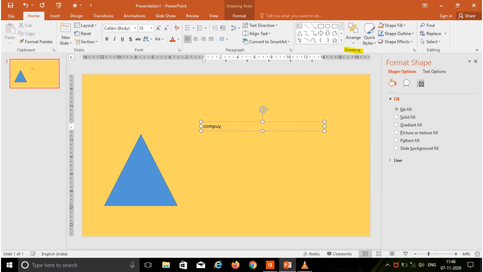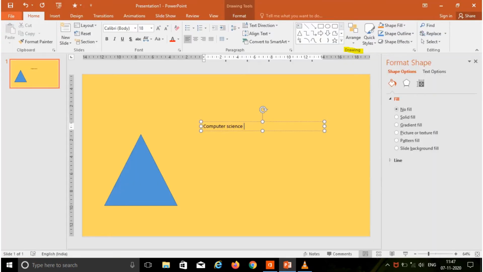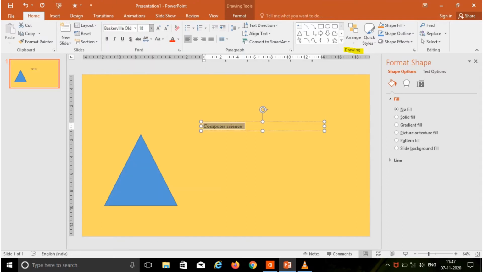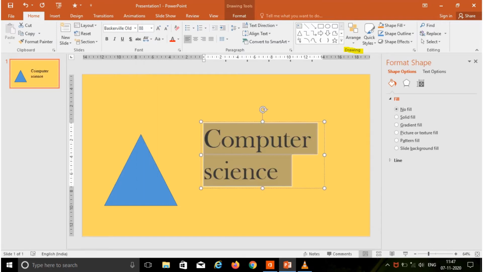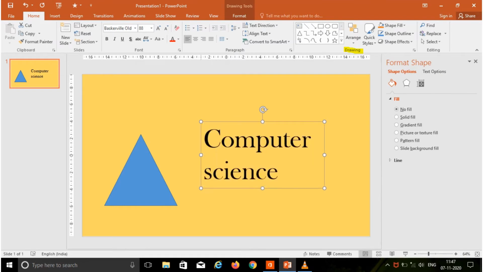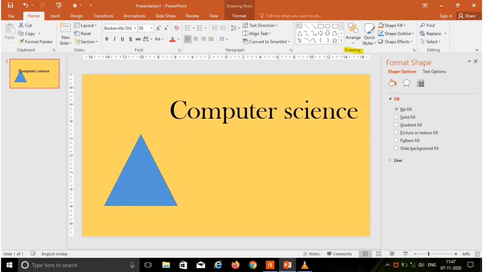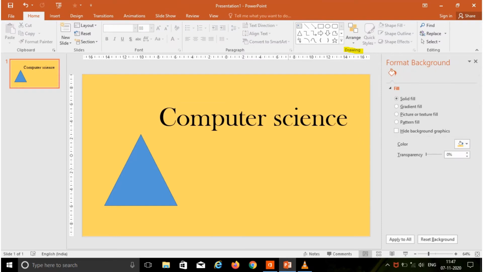Place the text inside the text box. After that, select the text and format it by giving a different font type and font size. This is how you can insert shapes and text boxes in the slides.